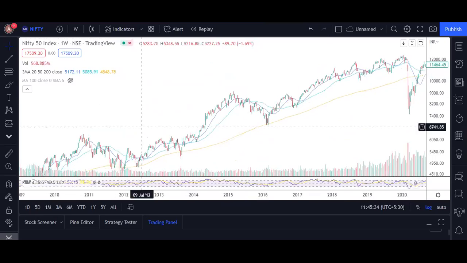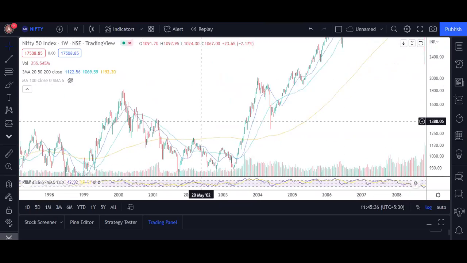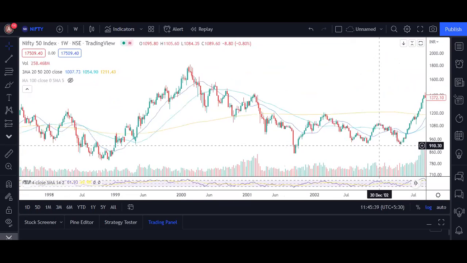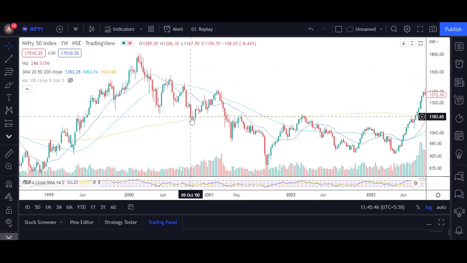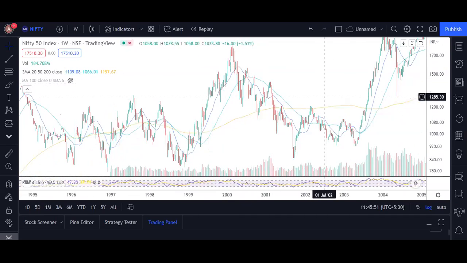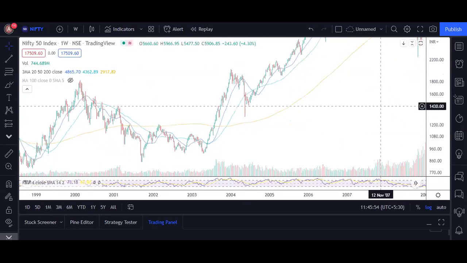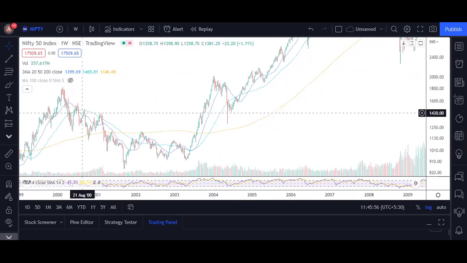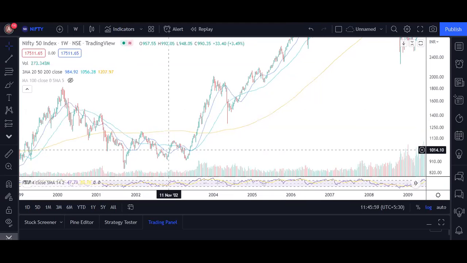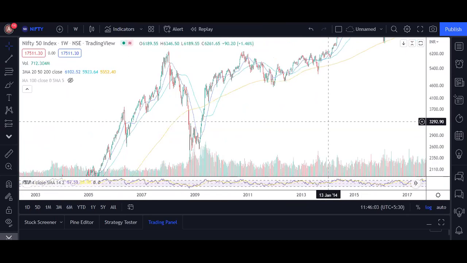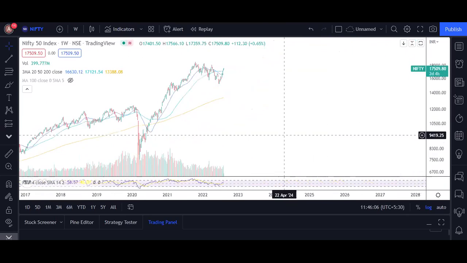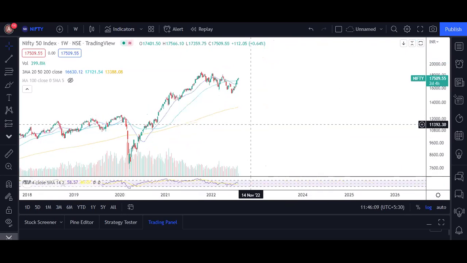Now let's look at other examples for the same. So this one, the crossover happened, 50 WMA flattened out, and after that we saw a retest and again a move back towards 200 WMA. So we have multiple examples for this one, and we see that the odds of correction, of this being a bear market rally, are higher than a bull market rally. So although the odds are in favor of bears as of now, for this being a bear market rally,